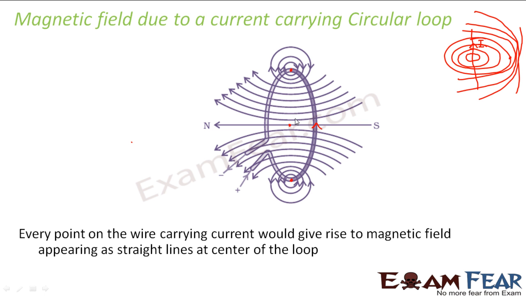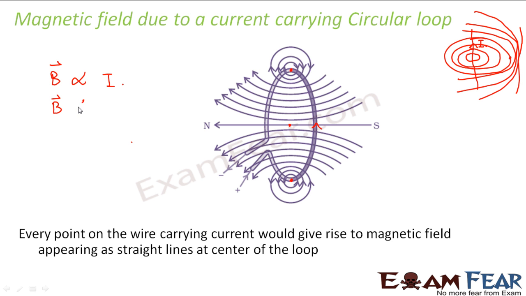So this explains the pattern of the magnetic field. Now what explains the strength of the magnetic field? In this case also, as we vary the amount of current through this circular loop, the strength of the magnetic field changes. That means magnetic field in this case also is directly proportional to current. That means as the current is varied through the circular loop, the magnetic field also varies. That can be seen by using a magnetic compass needle. So if you keep a needle at the same place, you keep increasing and decreasing the current through the wire, the deflection in the needle also increases or decreases accordingly.